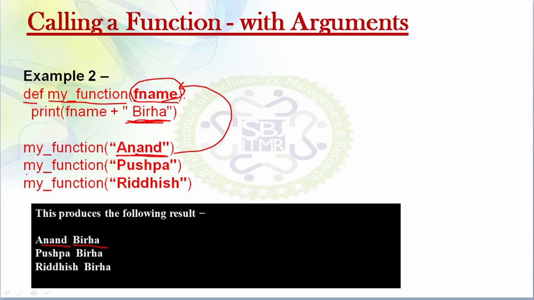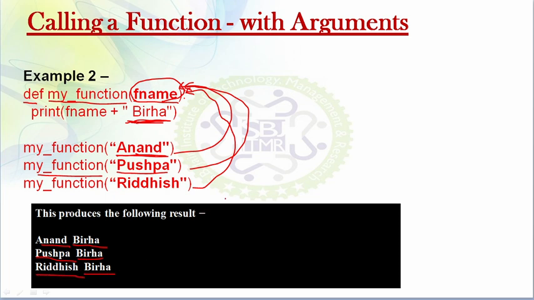Now the second time, when my function is called, the string Pushpa will be passed and copied to fname, and it will print fname as Pushpa and the concatenated string Bira. In the third call the string Riddish will be passed to fname and it will print first name as Riddish and the concatenated last name as Bira.